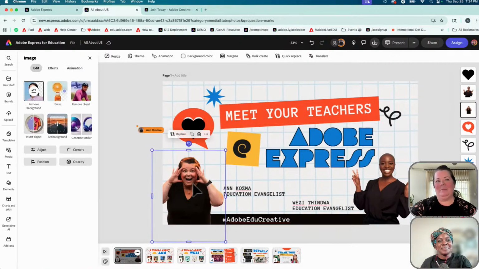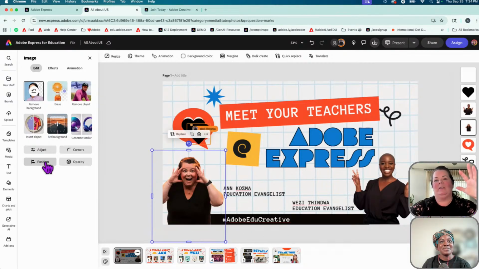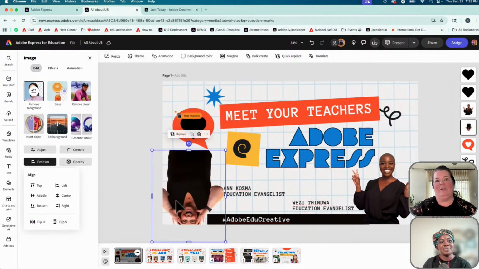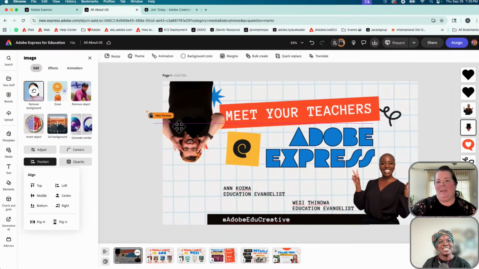Wezzy, some other fun things I love to point out. Like when you click on an element, I always reinforce for students the editing panel that pops up. If you're on text, the text editor will pop up. If you're on an image, the image editor will pop up. Maybe you want to flip images and play with positioning. Of course, I'm not going to flip this upside down, but I could be popping in like a